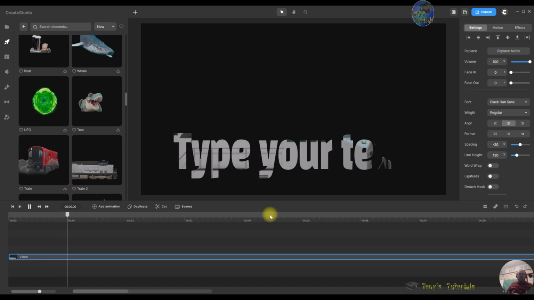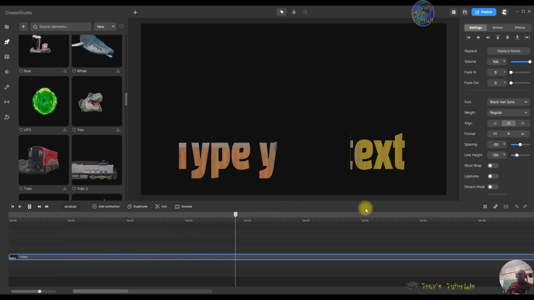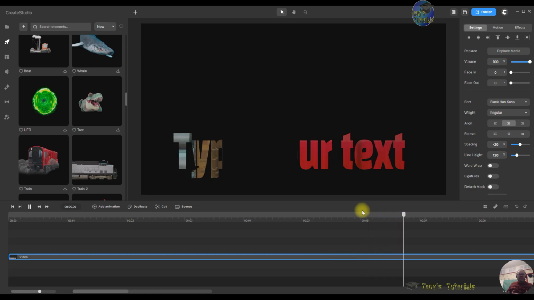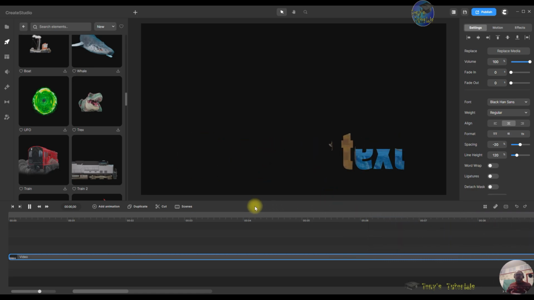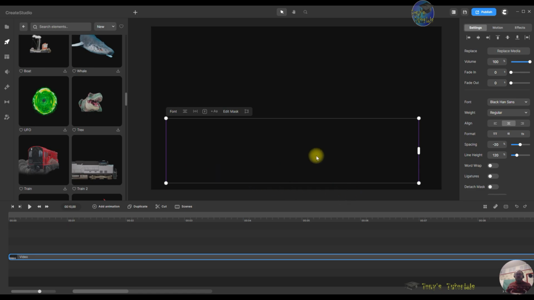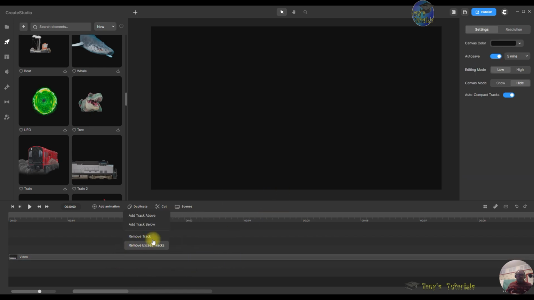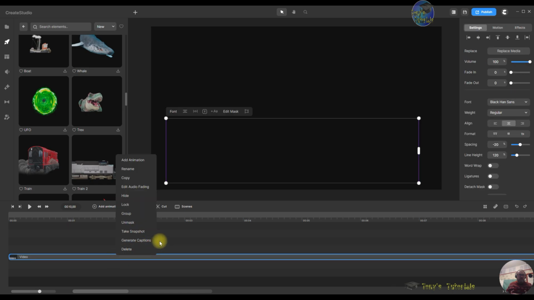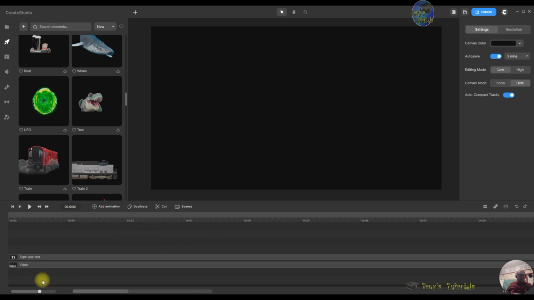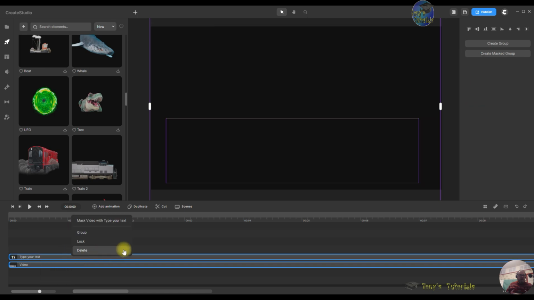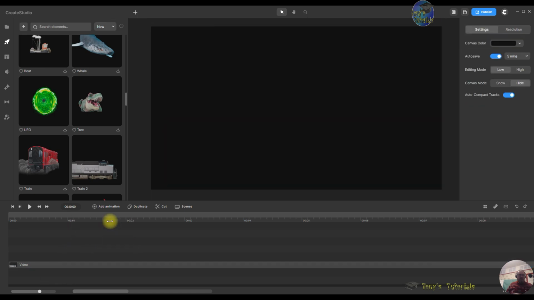So as you can see the train going past there, look. So you could do something like that to make an effect, you know. You obviously change the text to match what you want to say, like our hours are so fast you could pass the text like nobody's business. But that's another idea you could use, by masking 2 items together. If you want to remove the mask afterwards, you can unmask it. But all you do is you select them both together and you just mask video with text, and it'll make that different